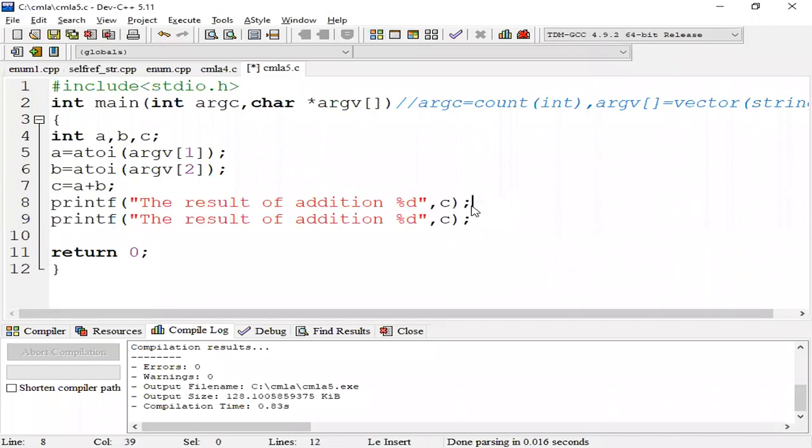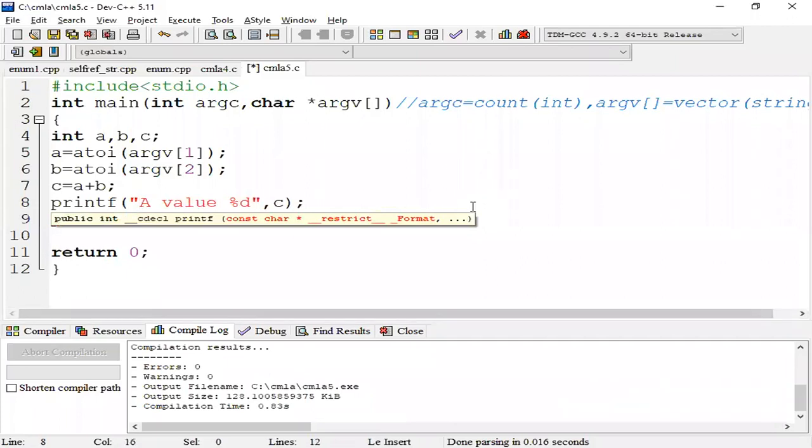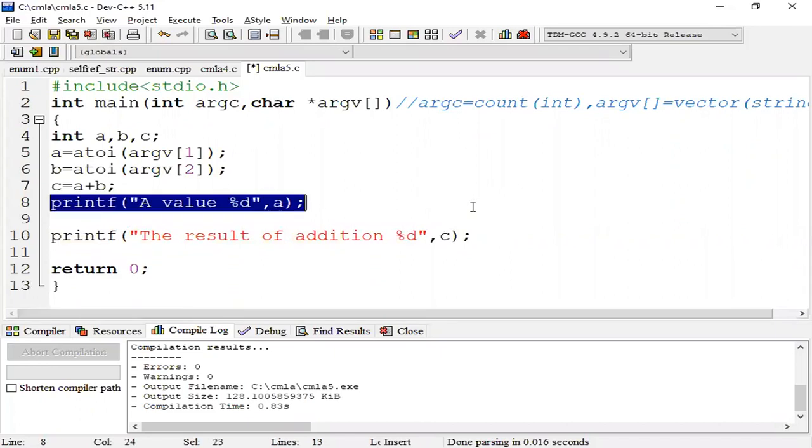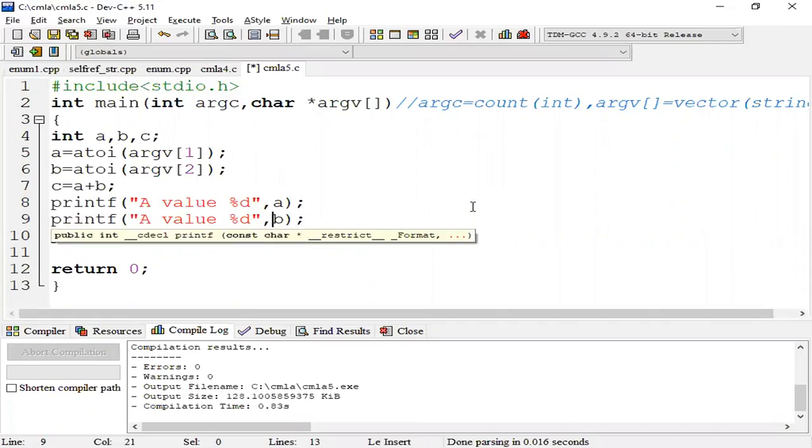First argument, A value, B value. The A value is 1, B value is 2, then the result of addition is 3.